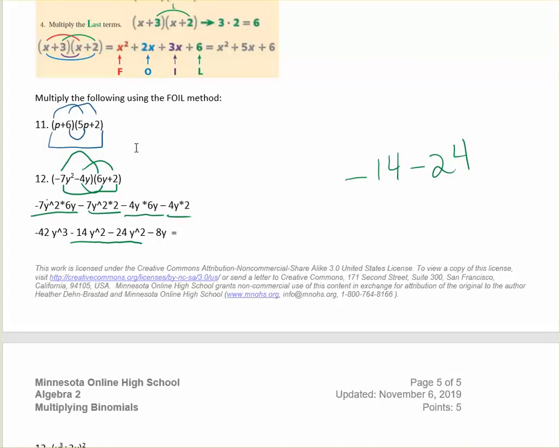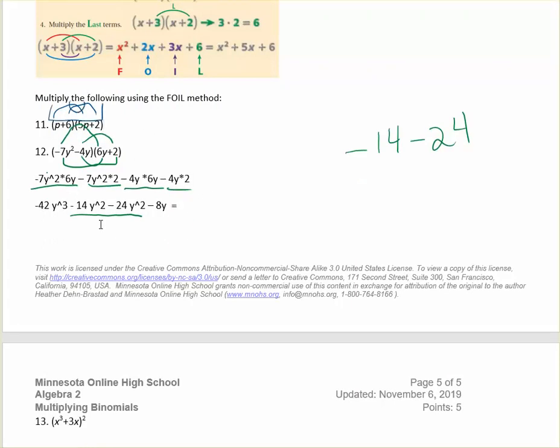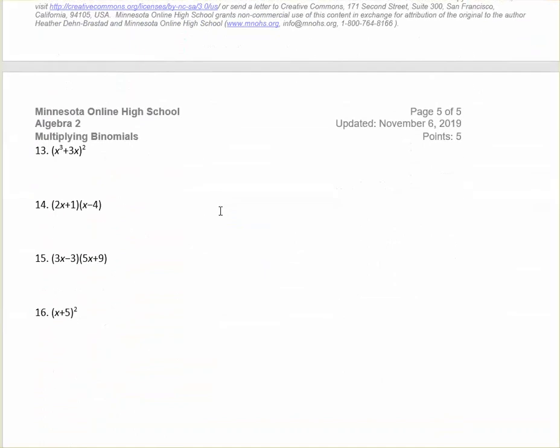All right, so we have negative 42y to the third. That did not get combined with anything else. It's only the middle two terms that we would combine as negative 38y squared. And then we don't forget the minus 8y at the end. And now we have all of it simplified, and we have FOILed it correctly. And number 13, we're not